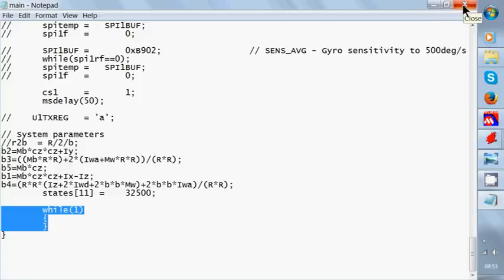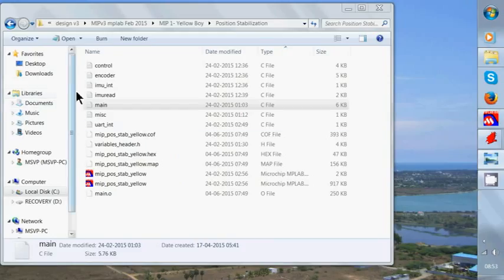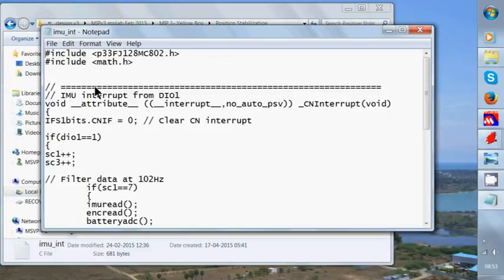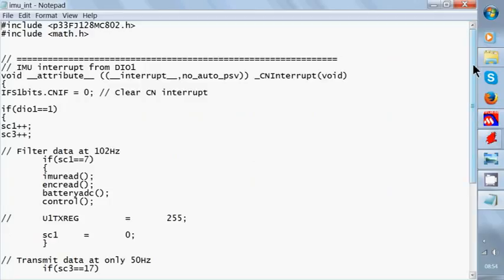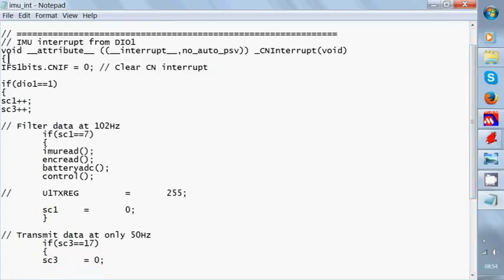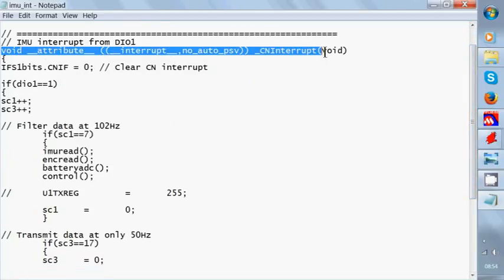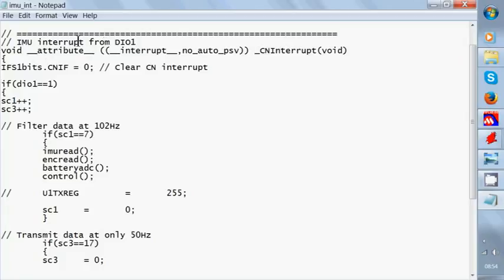Now, since all interrupts are enabled, the first interrupt to occur will be the IMU. So we will now study the IMU. So this is the IMU interrupt function, which is the change notification interrupt. So once the IMU interrupt occurs, which currently it occurs at 816 Hz,